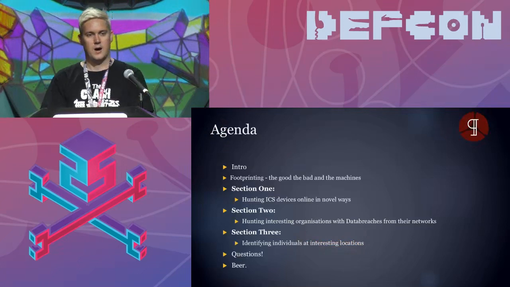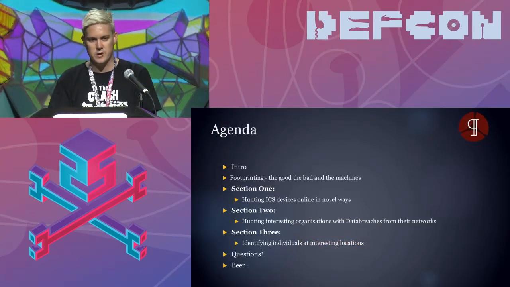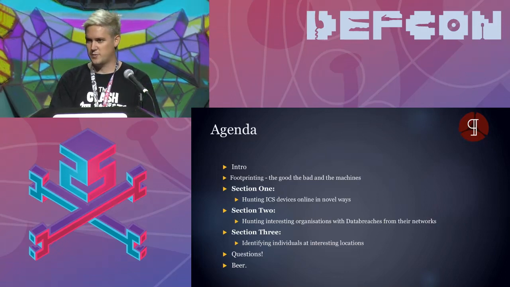Okay, so we're going to actually do a bunch of stuff. I know the intro is about Maltego, but really we're going to be looking at more interesting things, and I'm going to be using Maltego just to do the correlation and finding it. So I'm going to do a little bit of an intro, like who I am, boring stuff, then how to do footprinting in like 10 seconds, and then we'll start looking at interesting things.